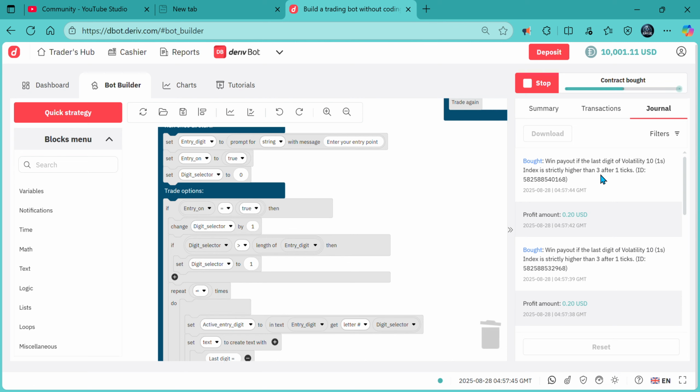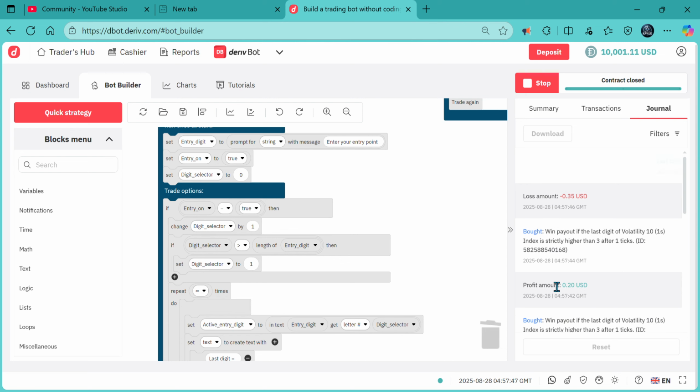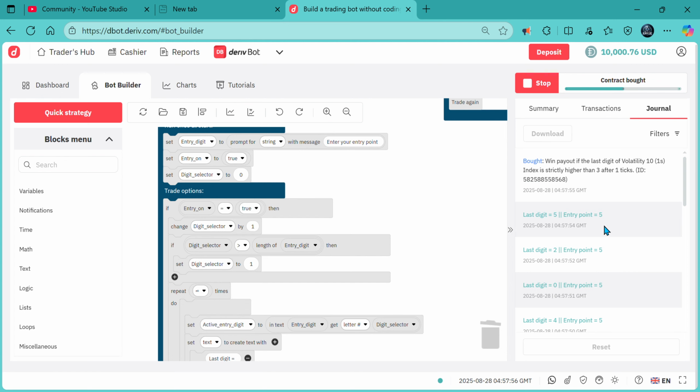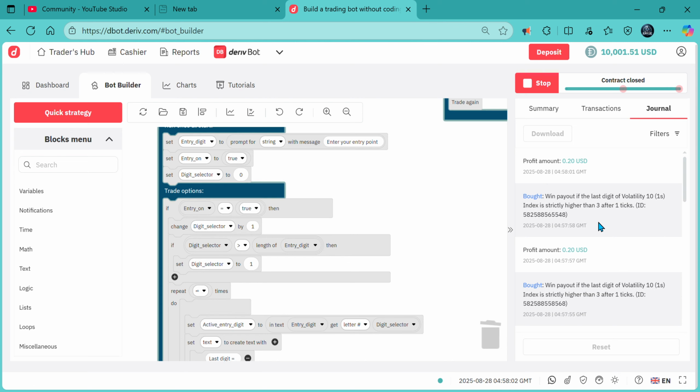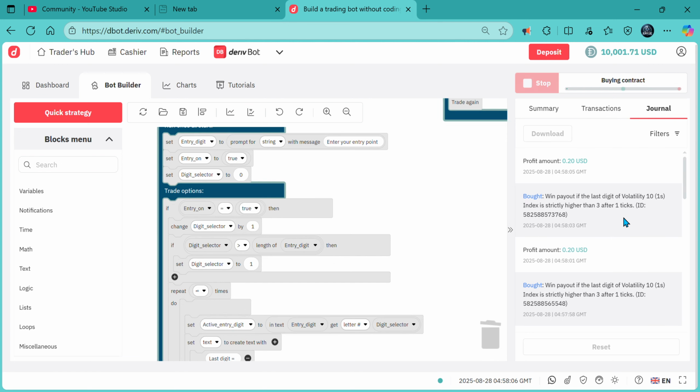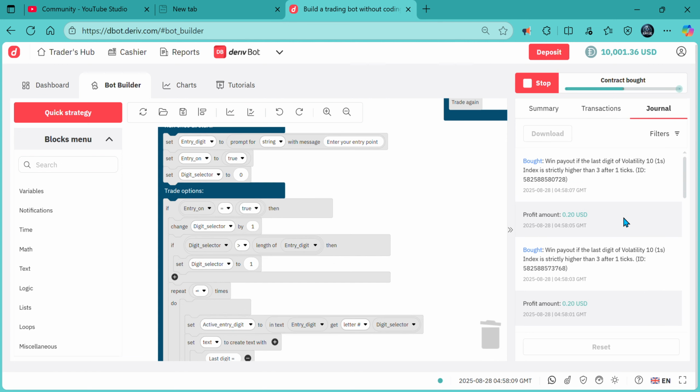That's what I was trying to show you. You can have your bot, you can see the entry point now is using digit 5 as the entry point. You can have your bot have its own changing entry points, not a fixed one as usually it is, like our single digit. Now it will be having a single digit, but it will keep on changing the entry point as you want